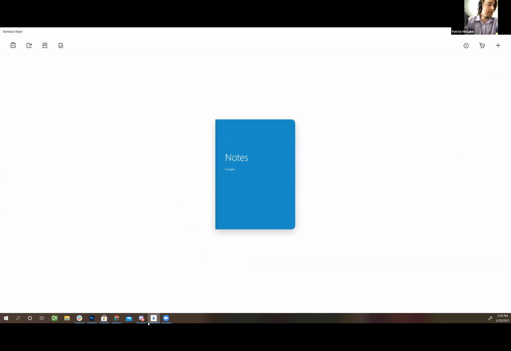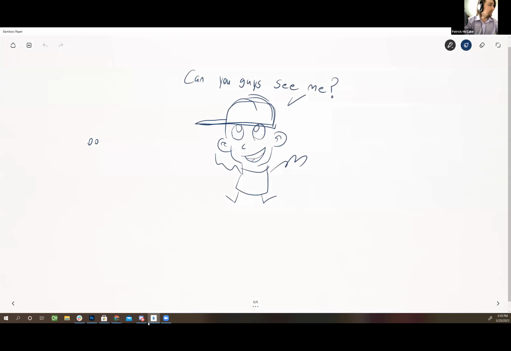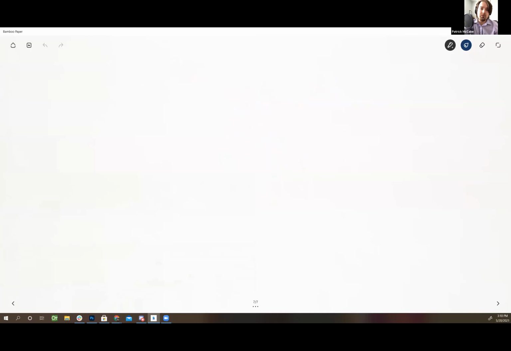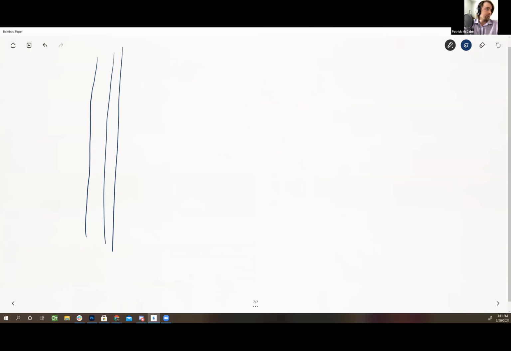Let me just get a new, there we go. Ignore the drawings. So one of the things I found was some drawing exercises. These are simple drawing exercises where you play around with the pen weight, and with trying to draw straight lines right next to each other while alternating pen weight. And this might seem fairly basic stuff, and it is very basic stuff.